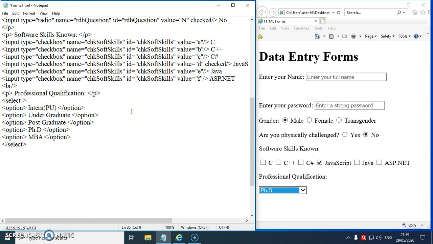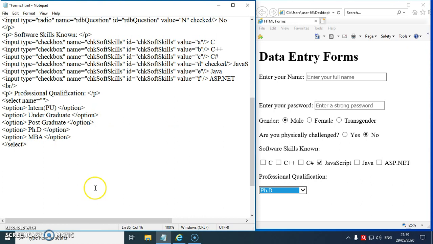We all have learned every control that we create should be called by a unique name, right? Every control, because these controls will be identified. These controls will be used, accessed or identified in your processing page. How? By a name. So every control has a name. Select tag also has a name attribute. So to give it a name, I'll use the attribute name equal to inverted comma open.